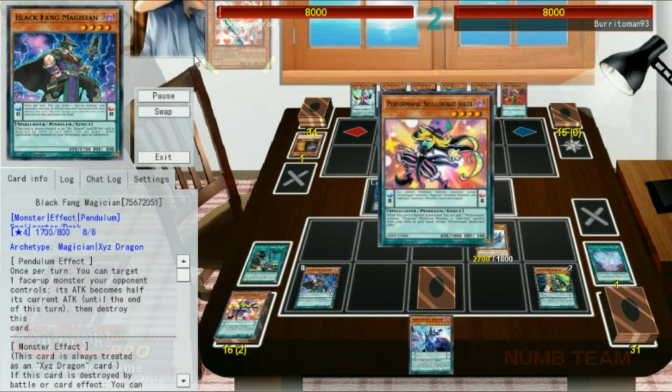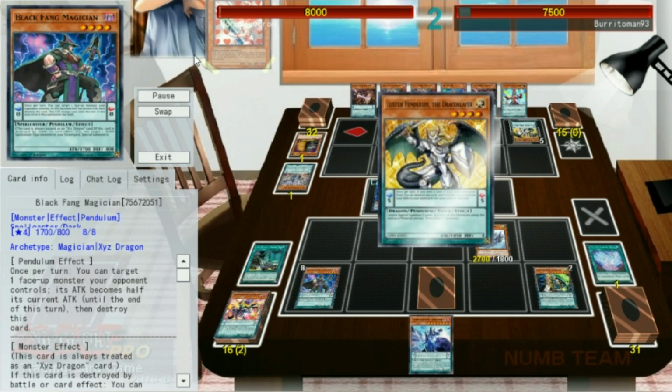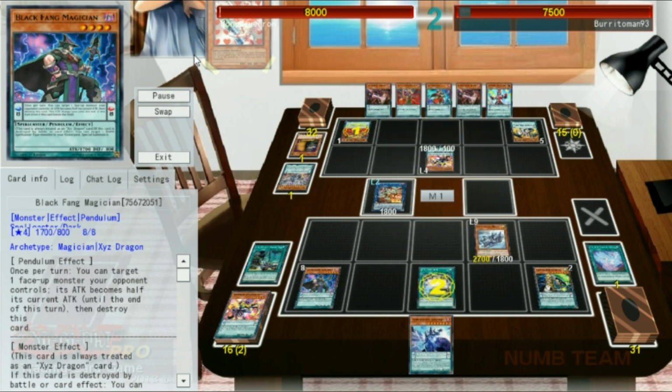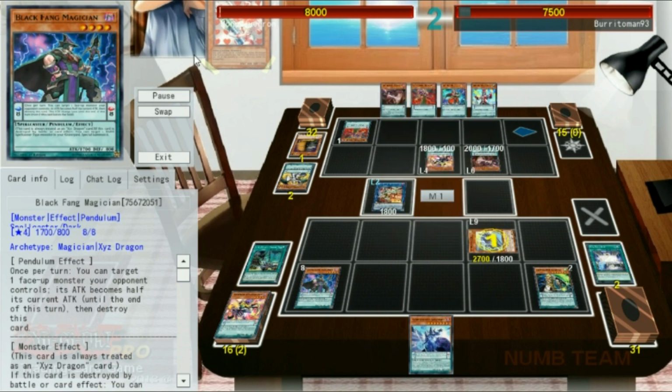Our opponent's going to start by normal summoning a Skullcrabat Joker using its effect, then Odd-Eyes Revolution Dragon, getting themselves a copy of Luster Pendulum. So I figured that's a card we probably have to destroy. We'll use Test Run to do just that, and then afterwards they will get a Chronograph Sorcerer, a copy of